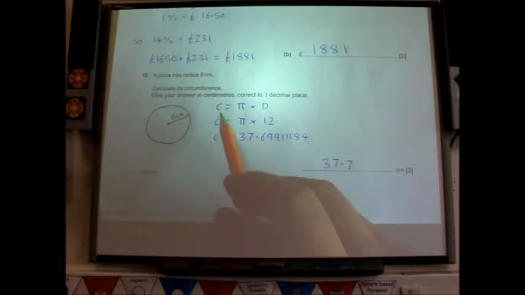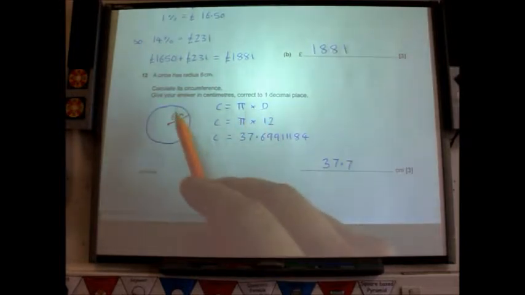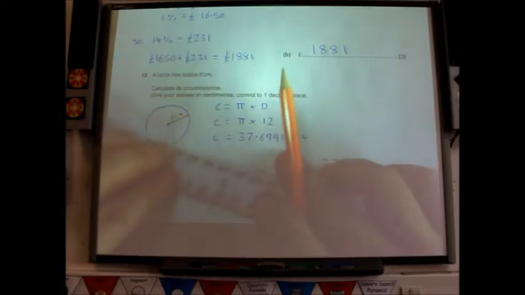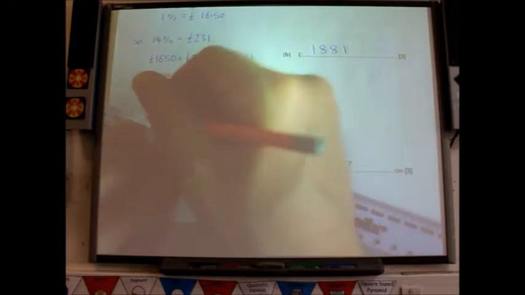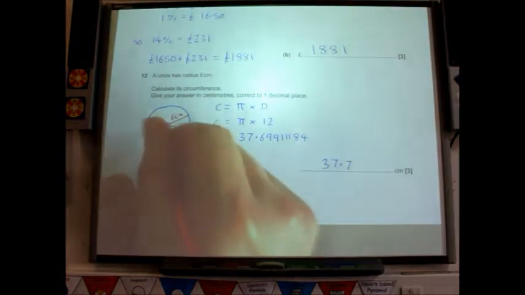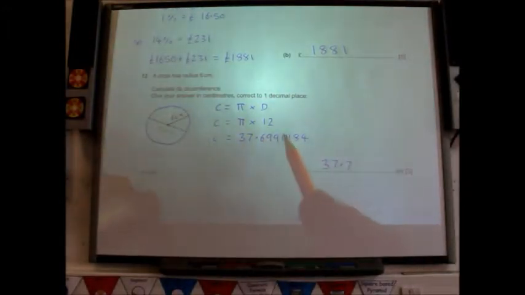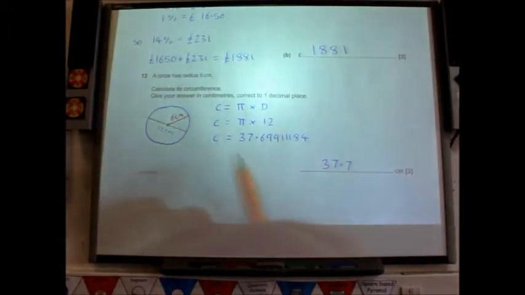And as you will all know, circumference is pi times the diameter. 6 centimetres is the radius. The diameter is double the radius, and it goes all the way across the middle. So on this circle, the diameter would be 12 centimetres. So you've got to do pi times 12, which is